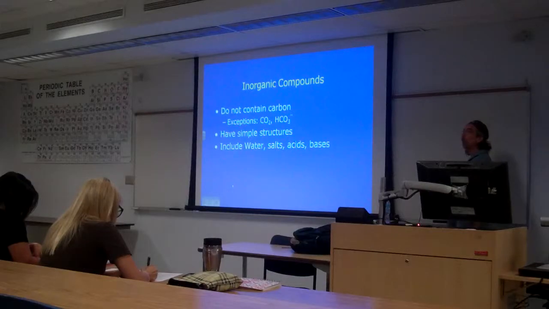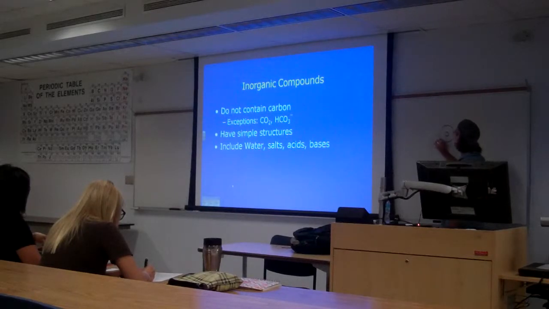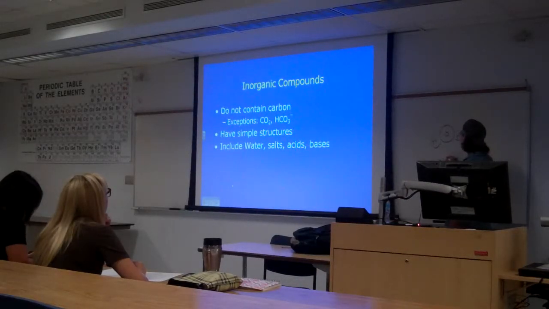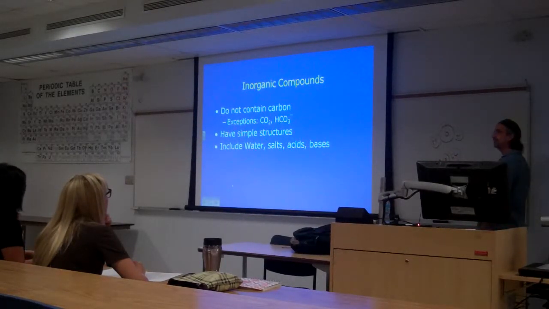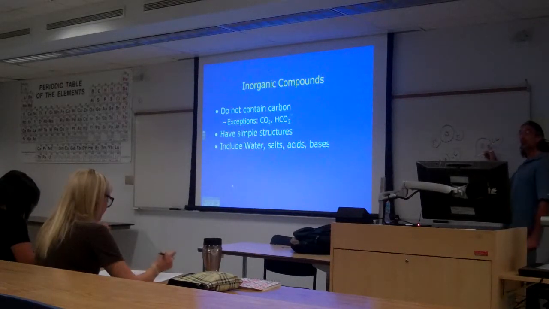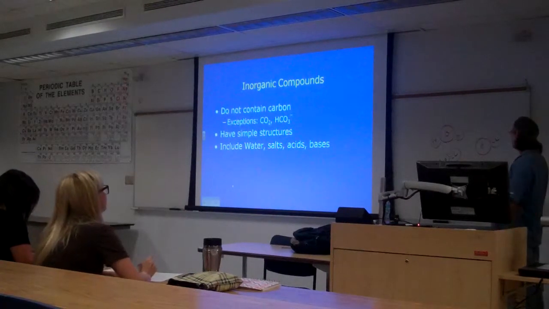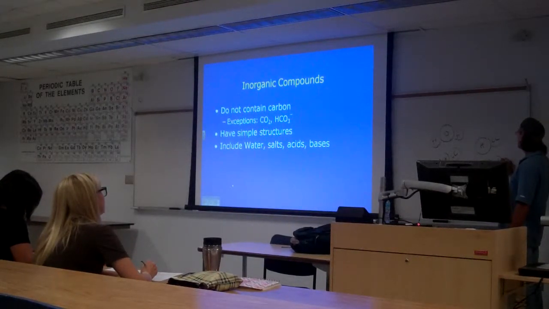Water. Okay, let's take a look at water. We know water is oxygen with how many hydrogens? 2, okay. And then I have a salt, like sodium chloride. Again, 2 atoms of different things. What's an acid? You need a little bit of hydrogen with some chlorine, like hydrochloric acid, used for your swimming pool, right, John? Hydrochloric acid. And a base, like sodium, and we can put a hydroxide on it, sodium hydroxide.